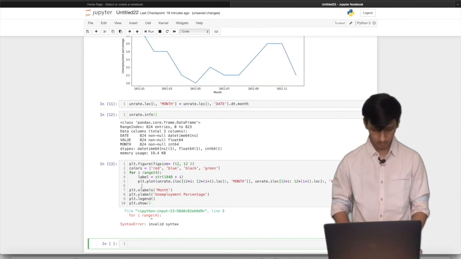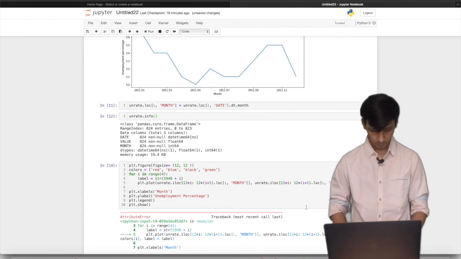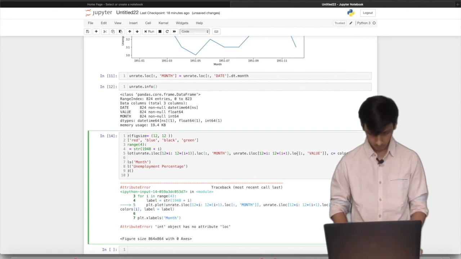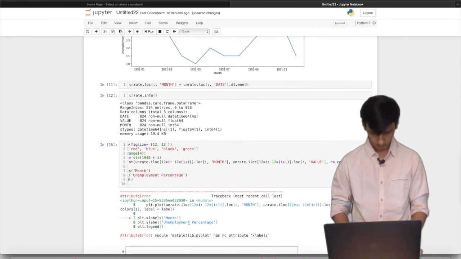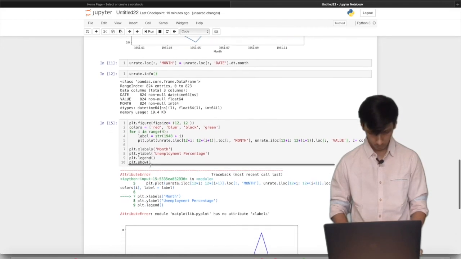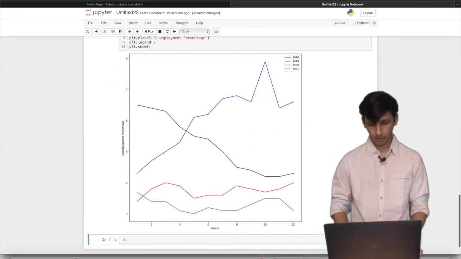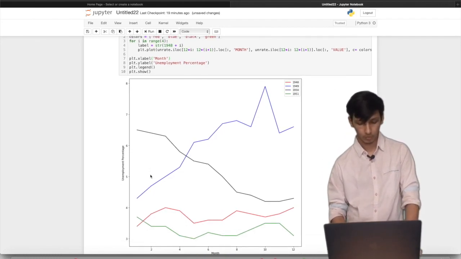Let's see what we've got. Okay, we have a syntax error. There we go. Right, so we have this graph here. It has all the values from all the 4